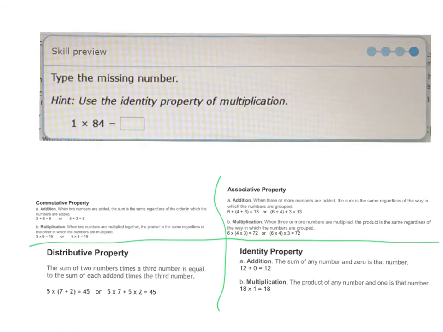This example says, type the missing number. Hint, use the identity property of multiplication. Remember, the identity property of multiplication says the product of any number and 1 is that number. For example, 18 times 1 is 18. So very obviously, 1 times 84 is